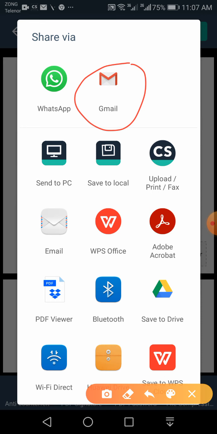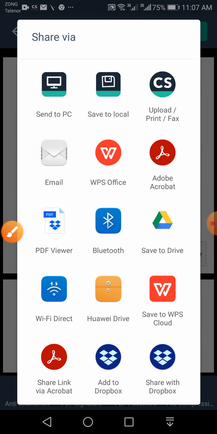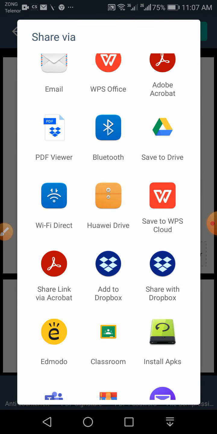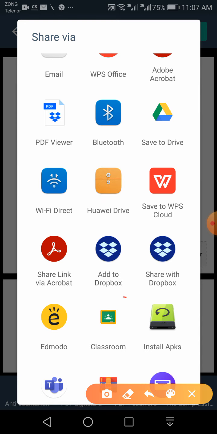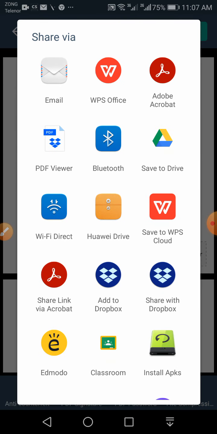You can upload it to your Google Classroom. Here is Google Classroom. So you can send it directly to Google Classroom. Right now I'm going to just email myself, or let me click on Google Classroom.